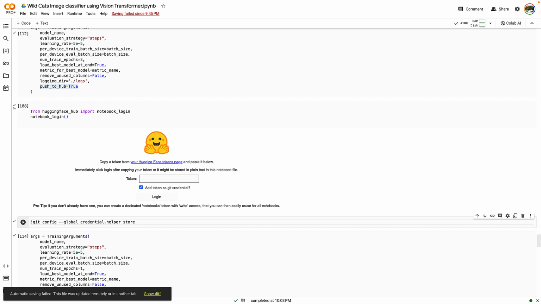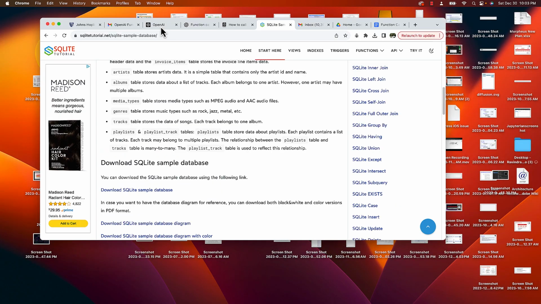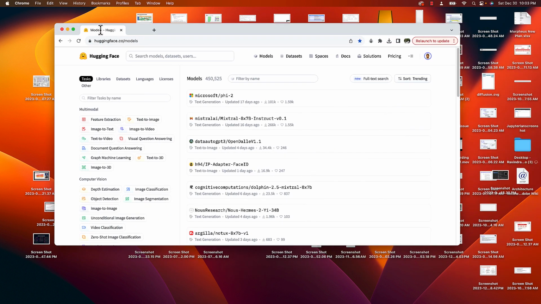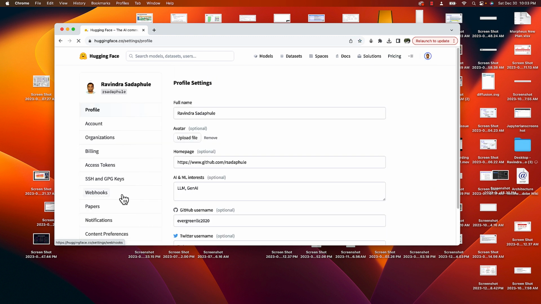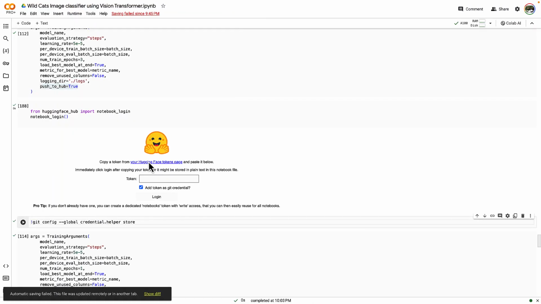Now for the Hugging Face, you need to create a write token for that. So let me show you how you do that. You first need to create an account in Hugging Face and then log in, and then if you go to the settings and then access tokens, you can grab your Hugging Face tokens from here, and then you can submit it here,